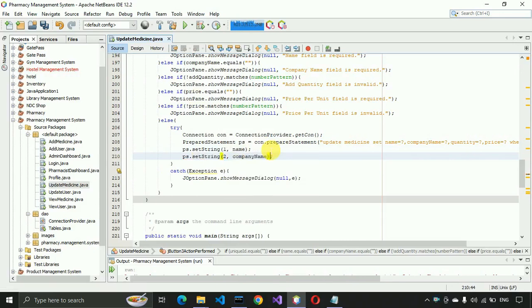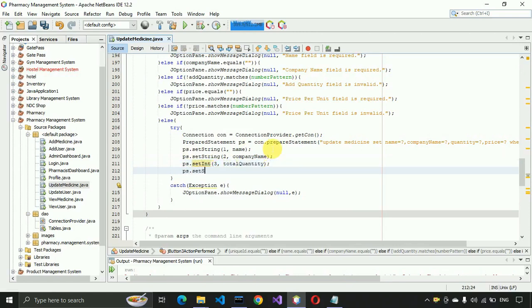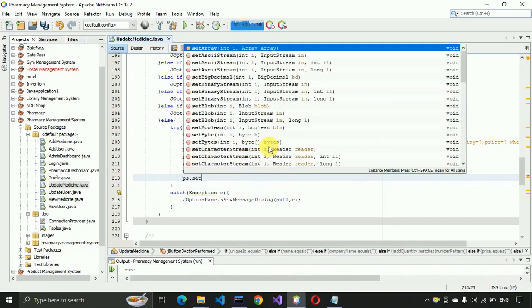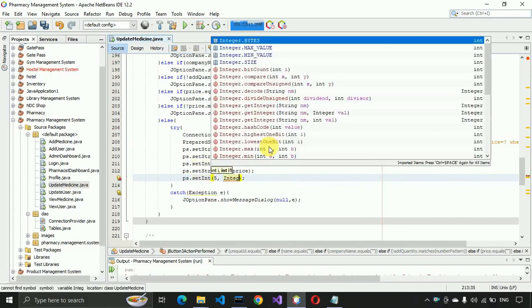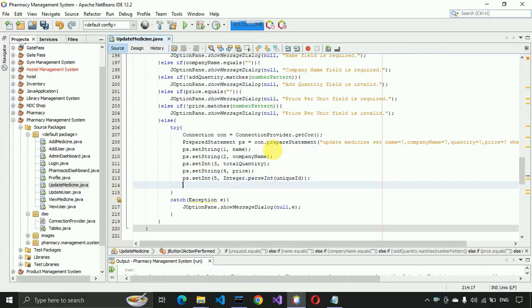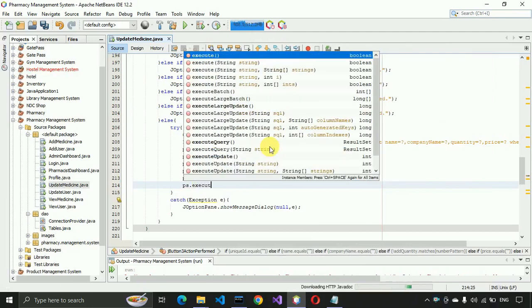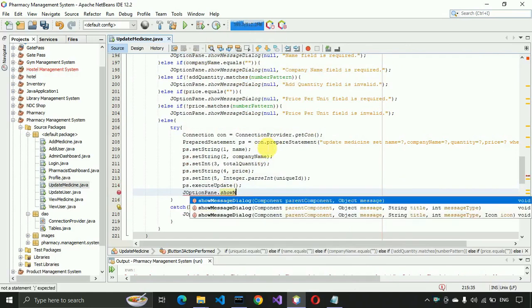Then third, we pass the total quantity, so total quantity of the ps.setString, and here we write 4, and here we write price. ps.setInt 5, and write Integer.parseInt, and here we write unique ID, and here we write ps.executeUpdate and JOptionPane.showMessageDialog null,